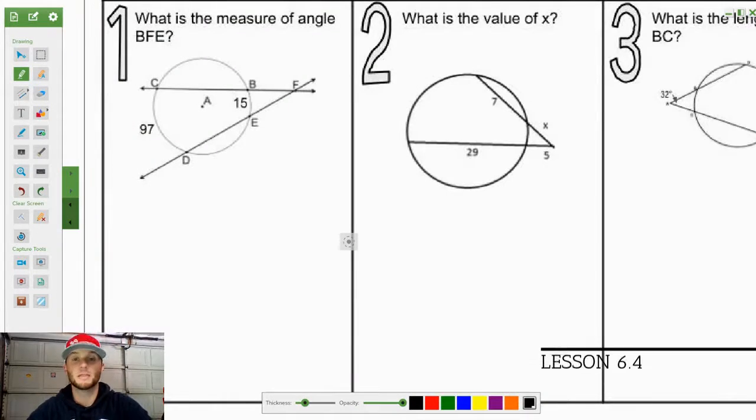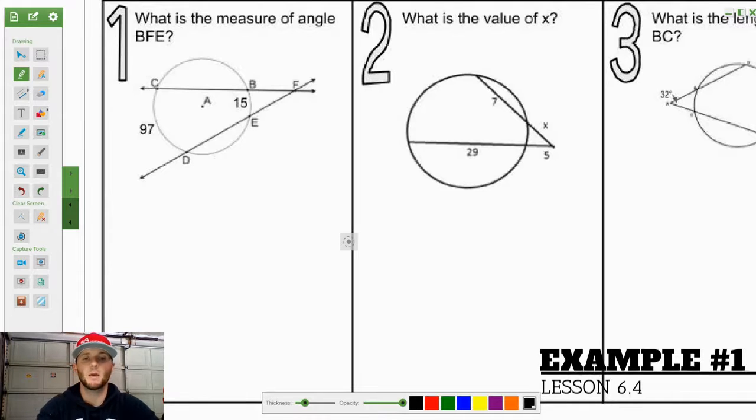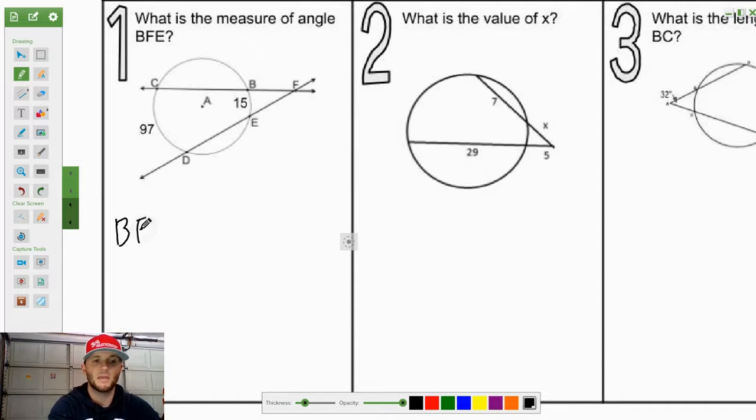All right, guys, so let's go and look at example number 1. So it says, what is the measure of angle BFE? So right now we're going from B to F to E right there. And so we're actually trying to find that angle. So earlier on that last definition, I know that I have to take the difference of the two intercepted arcs, subtract them, and then take 1/2 of it to get that angle. So basically what that means is I'm going to take angle BFE. So to find angle BFE,